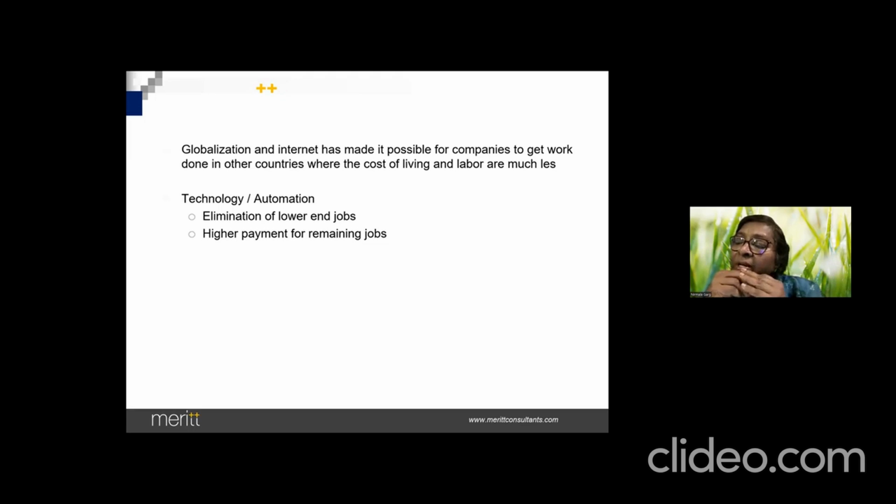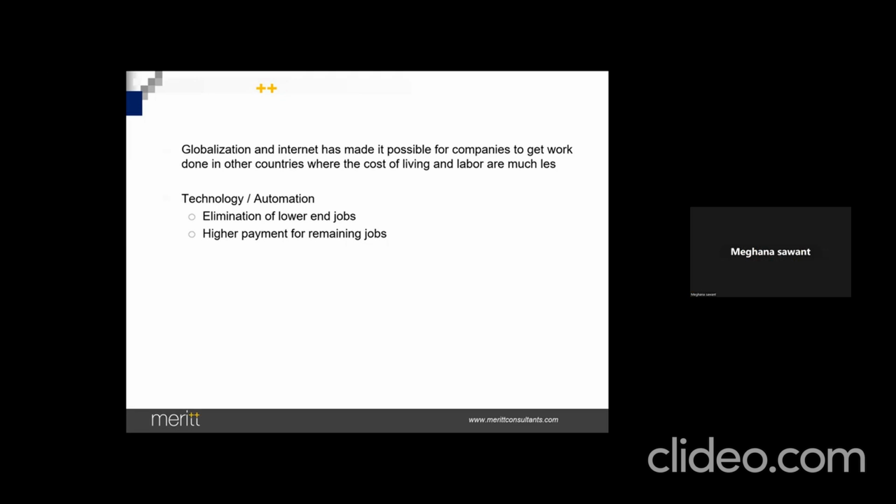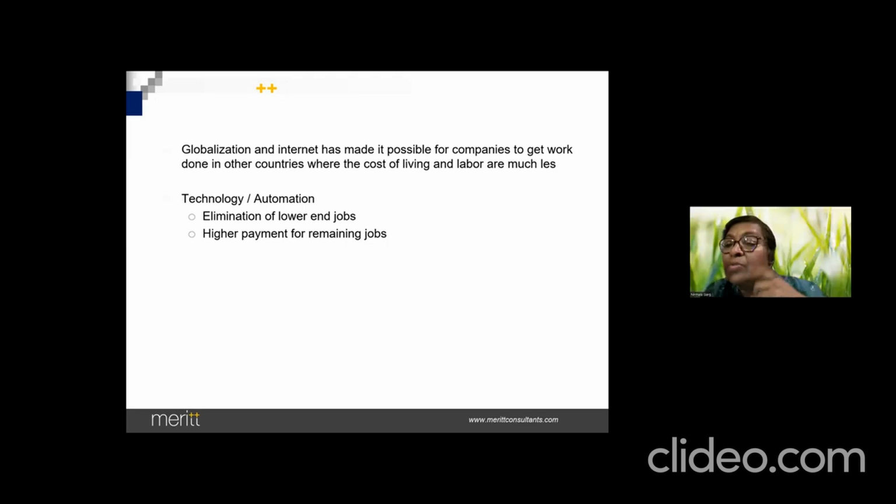So if you want to really reduce your wage cost and improve the salaries, what can you do in today's times? What kind of a strategy will you have? Introduce the latest technologies like automation. Absolutely, you will eliminate lower jobs and bring in more automation, right? So that your affordability to pay for the higher jobs is more.